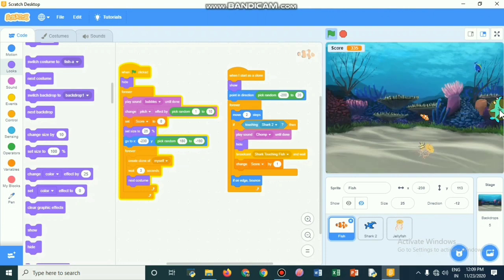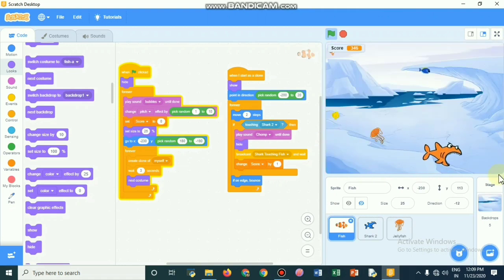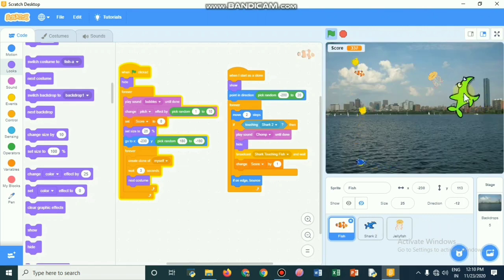When it touches the jellyfish, it will lose points, and when it eats fishes, it will get 1 point up. Look, I will check how many points it lost. And the jellyfish program is that when it touches it, it will wait and change the color. The jellyfish color will change. It will reduce the points by